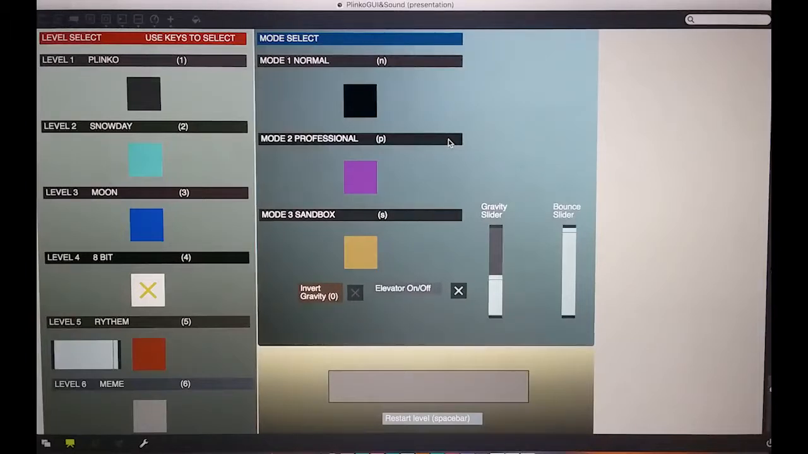On the right, there's a mode select where players could just use the keys here, which would be N, P, and S for normal, pro, and sandbox modes. The normal mode is just basic. Professional would get rid of the